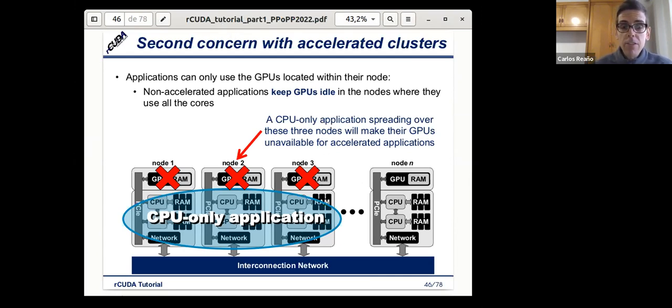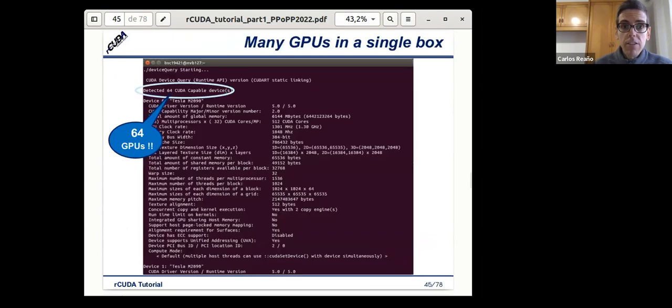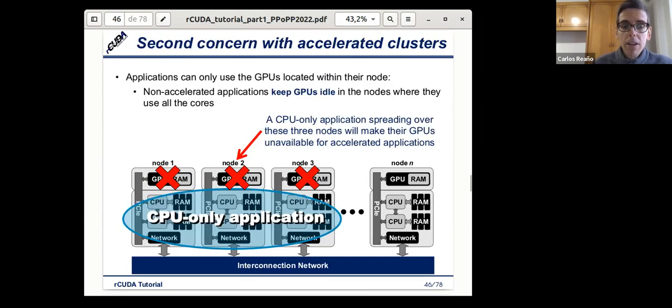As we have mentioned before, the first concern was about having more than one GPU in a server. We have commented that usually we have some limitations when we want to add more than one GPU in a server. Currently, I think there are servers with up to 8 GPUs, but that's not usual.